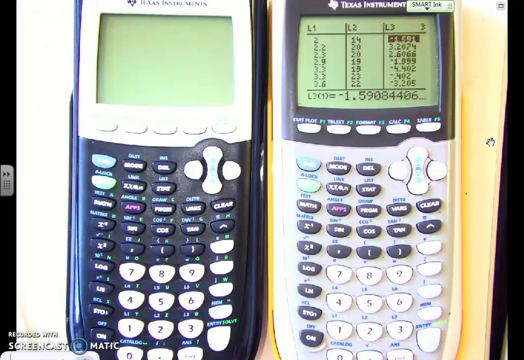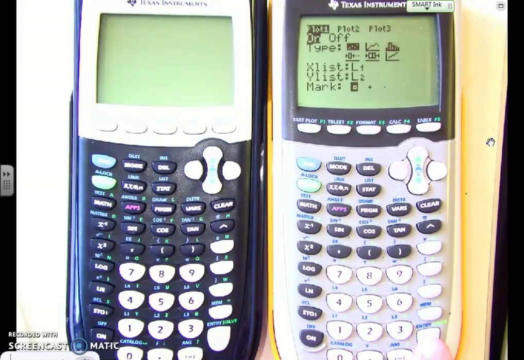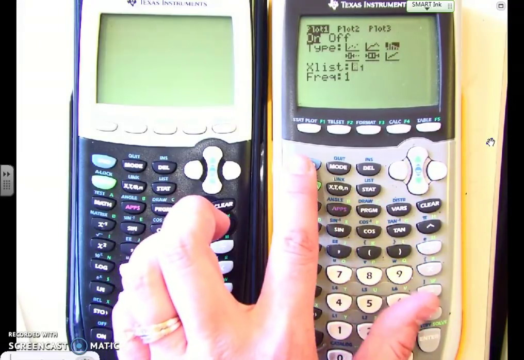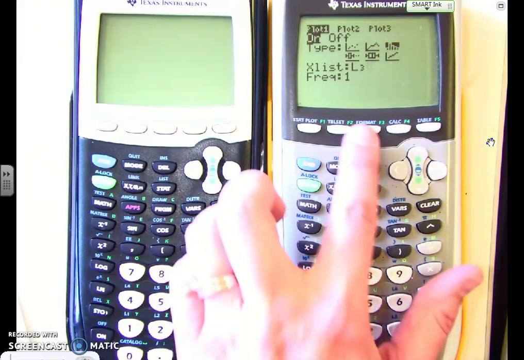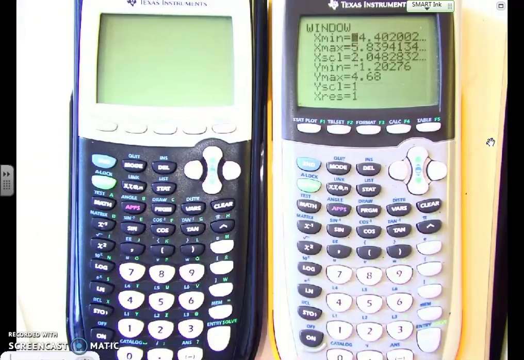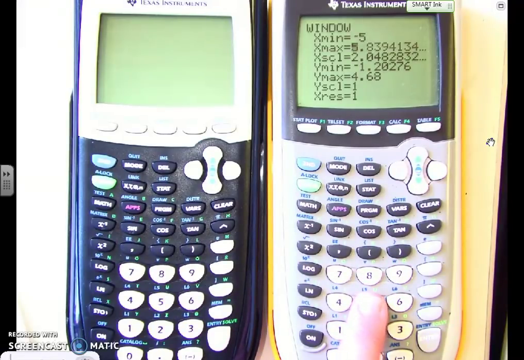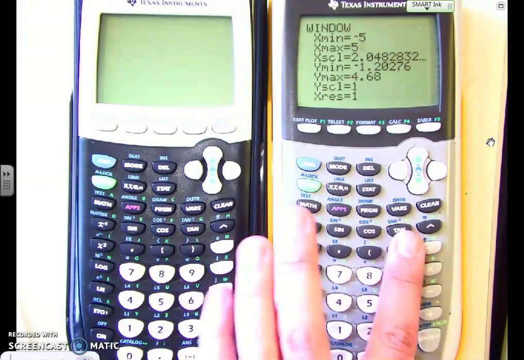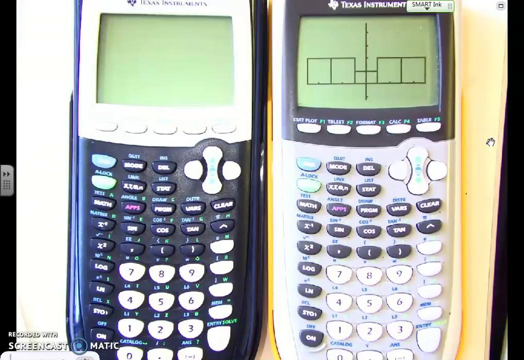So to look at a histogram of the residuals, we're going to change it to a histogram instead of a scatter plot, but I want it to be a histogram of my residuals, which remember was in list 3. So I'm going to go zoom 9, and remember we never want to use the example here. So I always go to my window and I change my window settings. I'll maybe go down as low as -5. 5 is a bit high, so I'll go just to a regular 5, and maybe I'll do a scale of 2. If I hit graph, now again, that doesn't really look normal, but